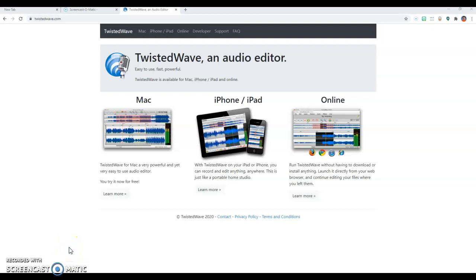There seem to be some people who are still struggling for some reason with Twistedwave, saying that they have to pay in order to do it. This is absolutely not correct. In order to use Twistedwave, all you need to do is, on your computer, go to twistedwave.com, click online,